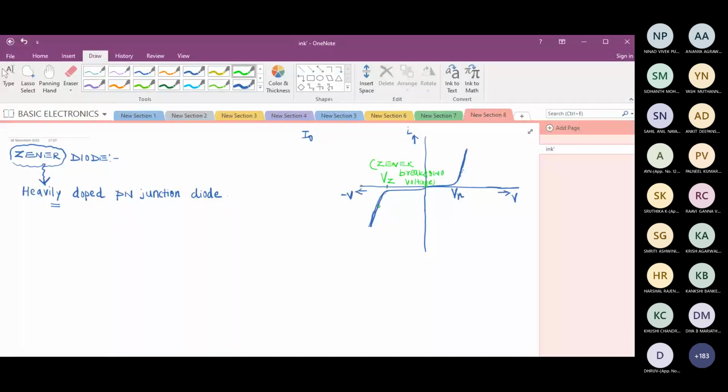Because we don't need a heavily doped diode for that. We can just use a normal one. What is wrong if I use a heavily doped diode? We don't change the polarity of the battery. No. An ordinary diode also will give the same thing. The depletion region of this heavily doped diode will be less because of more carriers. No. These are all technical things. Sir, we use this because the change in voltage is very less for a change in current. Okay. These are all technical things you are telling.